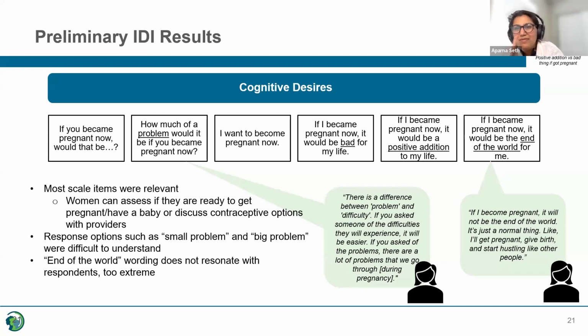Indifference, according to what I read, is the middle: I'm not sure, I have not made any plans. Ambivalence is conflicting feelings. So maybe I want to become pregnant now, but on some other scale item, I would say something completely opposite. Because in reality, my situation might influence what to do with that baby eventually. So ambivalence is mixed feelings, as we were discussing earlier, and indifference is not sure, not made any plans.